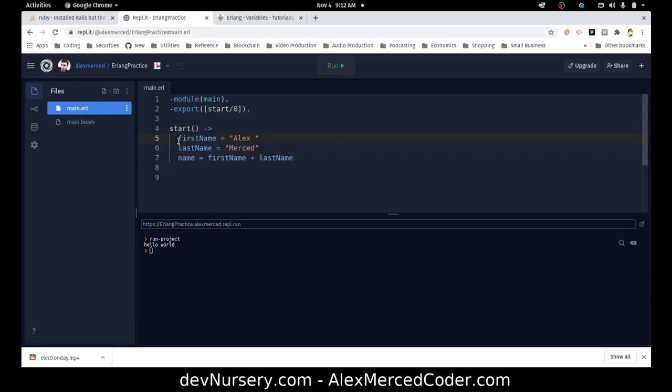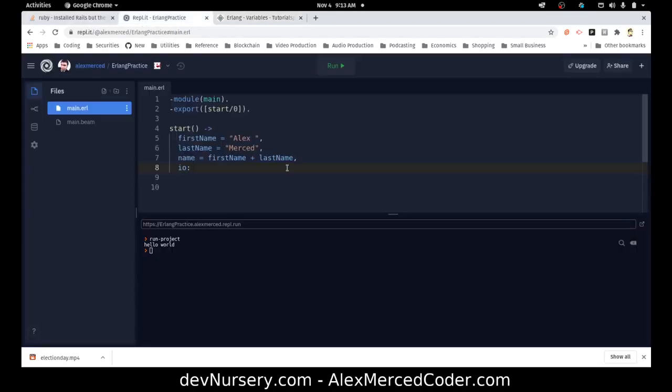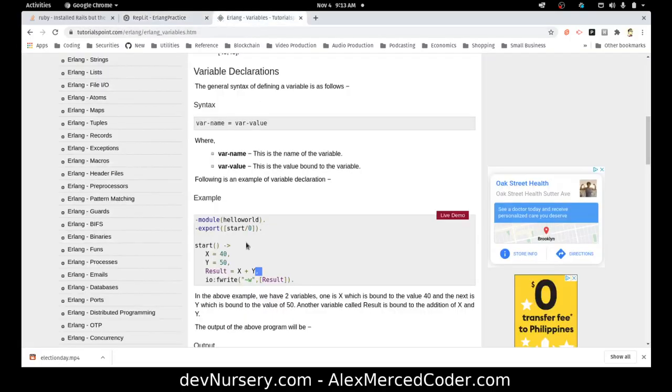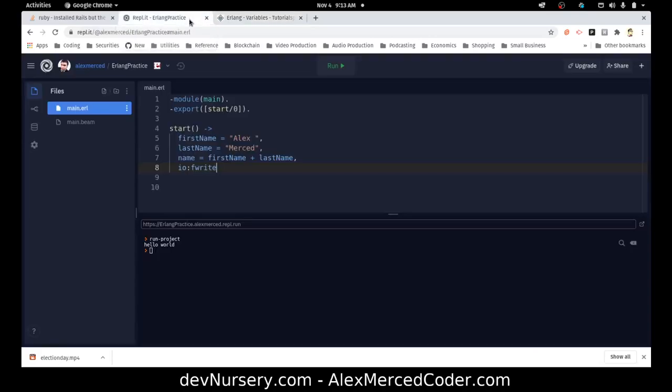And each of these needs a comma. Okay, and then it's IO colon, what was it? Print line, fwrite, and was that camel case? No, all lowercase. fwrite. Notice all the variables are Haskell case. Interesting. fwrite,